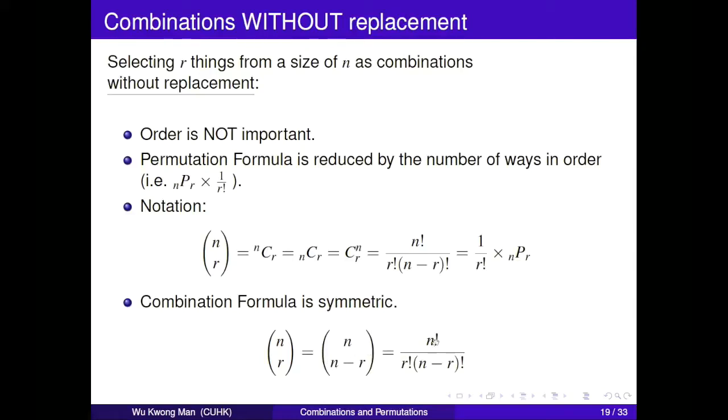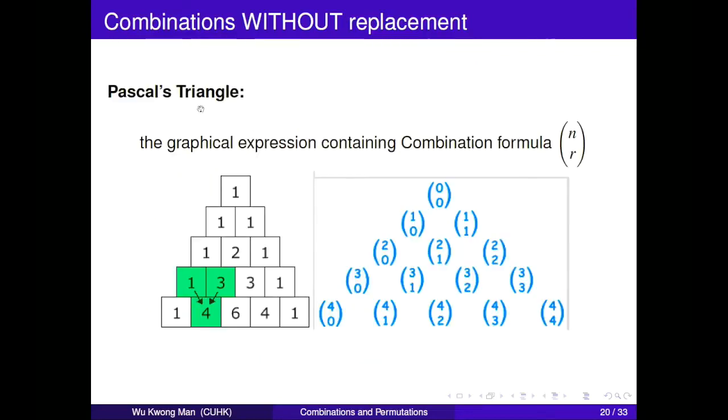Pascal's triangle is a graph which is closely related to combinations. We can see that these two graphs are the same and the values increase as we move down. The row number is the n value of the combination and the column number is the r value. This is very useful when we forget some combination values.